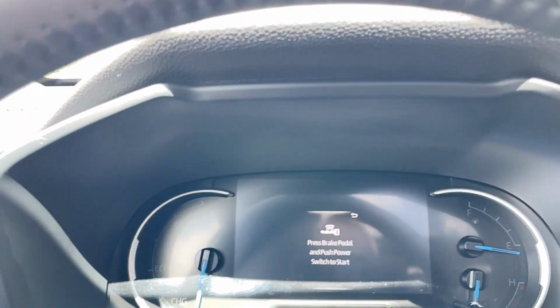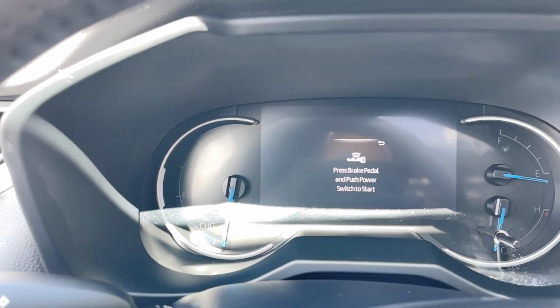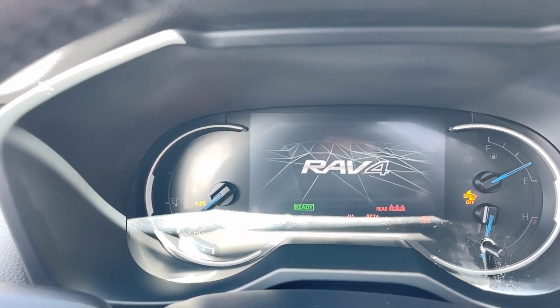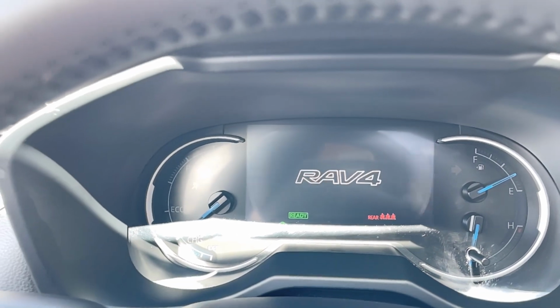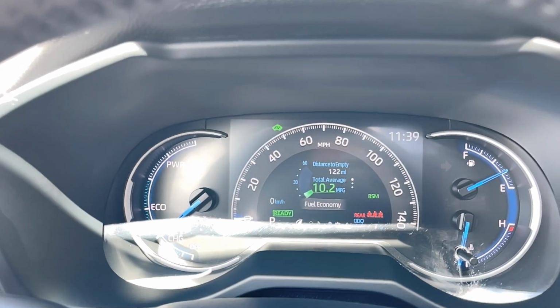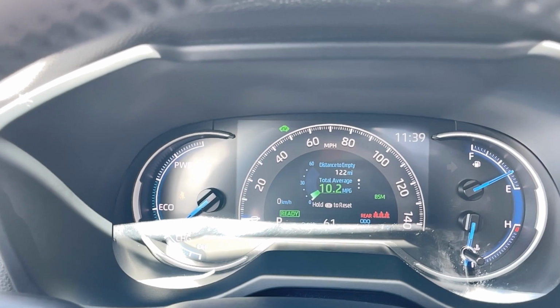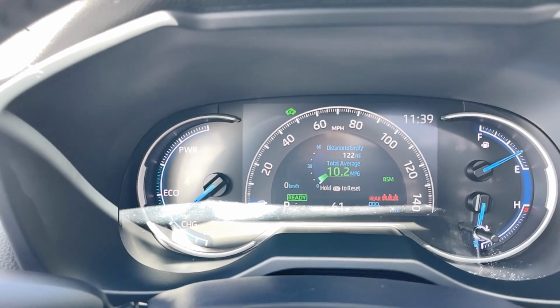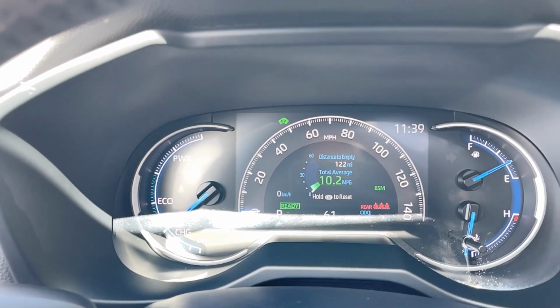So this is push start. Let me show you the startup sequence. And being a hybrid, unless the battery's down low, there's no starting of the engine. It's pretty seamless when it turns on. It's not herky-jerky. I'm not going to go over all this stuff because I've done it in many videos,